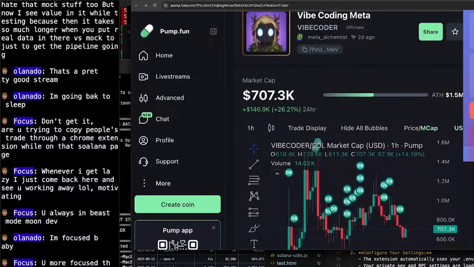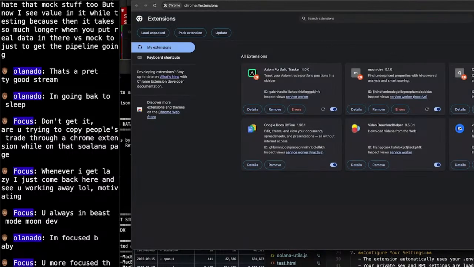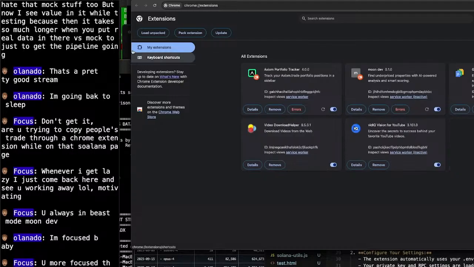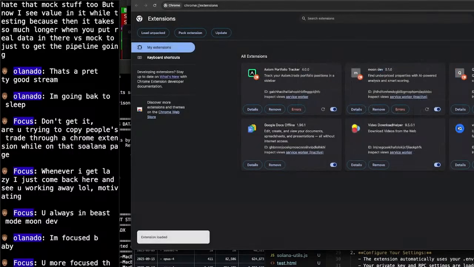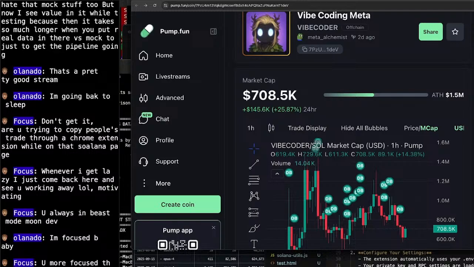I removed the flippity flop. Remove, please. Thank you. Load unpacked. Let's go back here and let's say hello, my dear. One quick buy, processing trade. Flippity flop has been removed, confirmed. It says it wants me to go ahead and